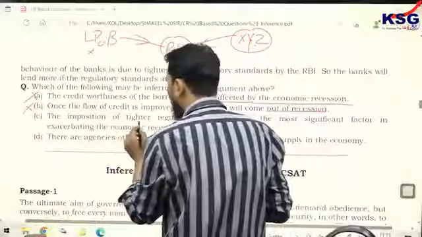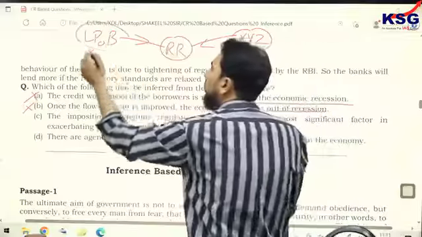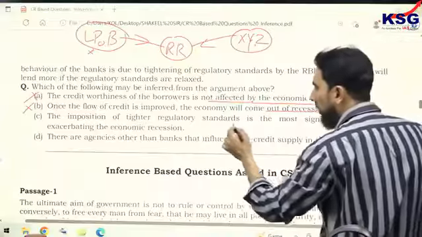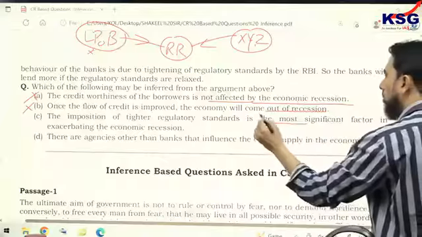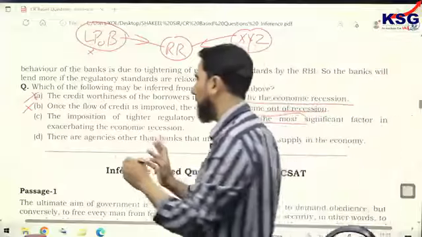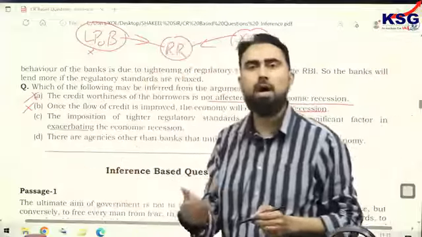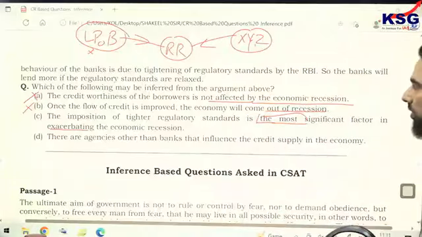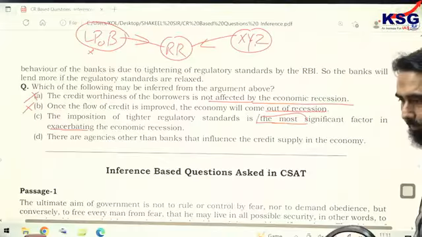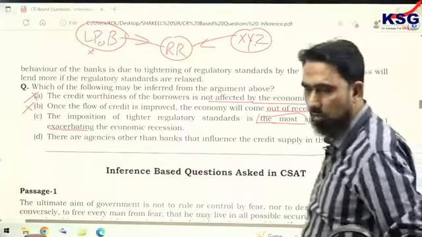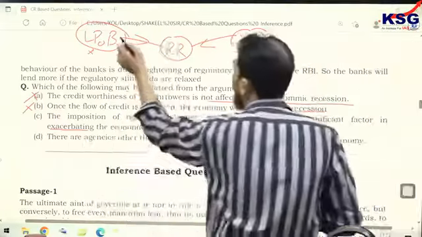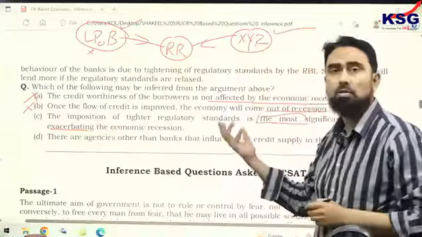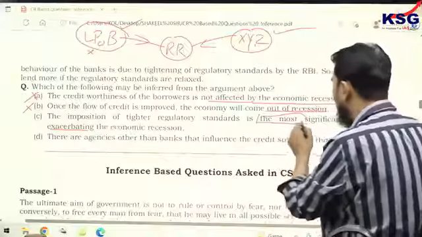Option C: the imposition of tighter regulatory standards. It is related to the lending policy of banks. The imposition of tighter regulatory standards is the most significant factor in exacerbating the economic recession. Exacerbate means to make something bad or worse. This option is again wrong, because you don't know how LPOB is on top of the list or XYZ is on top of the list or other causes. Since you don't have the data, you should focus on the